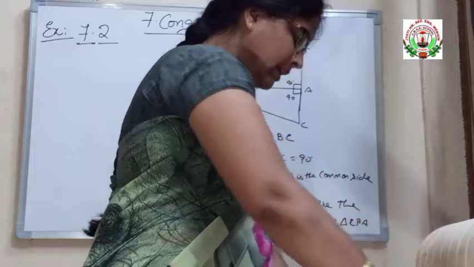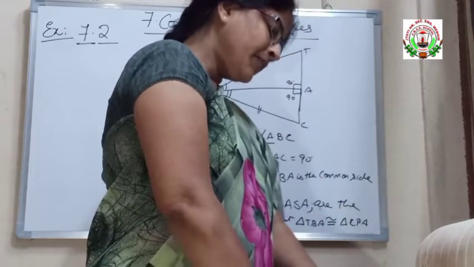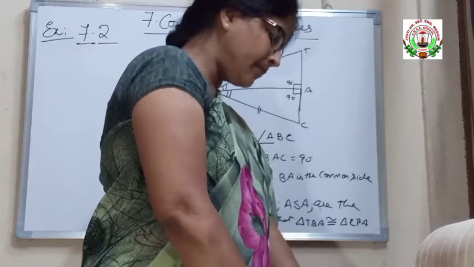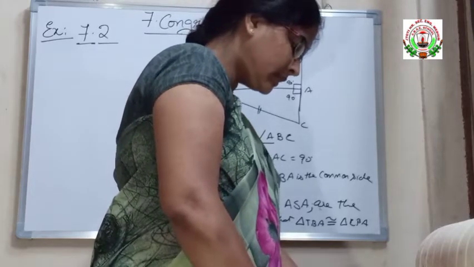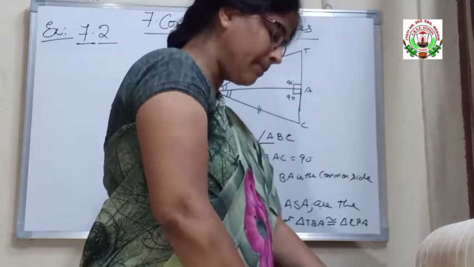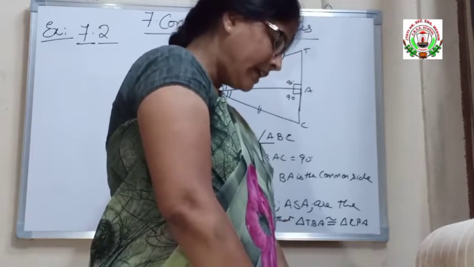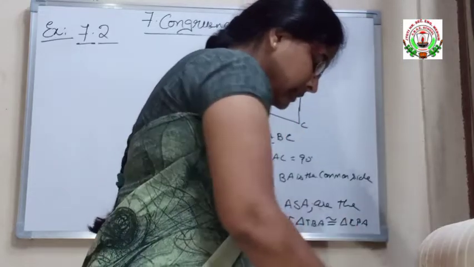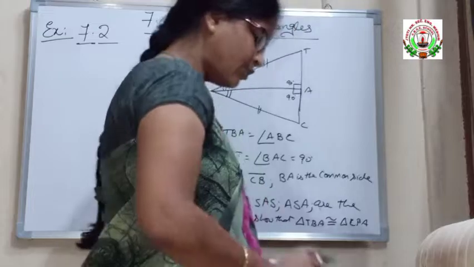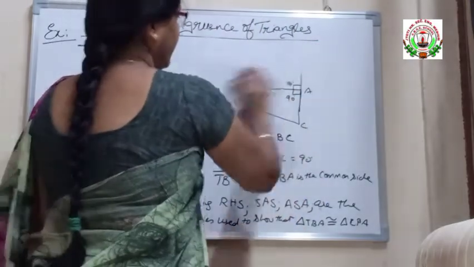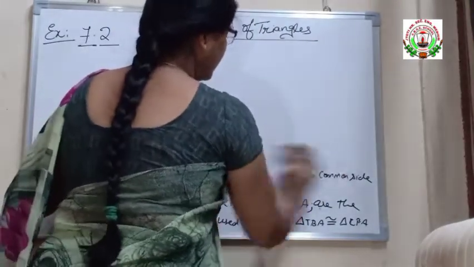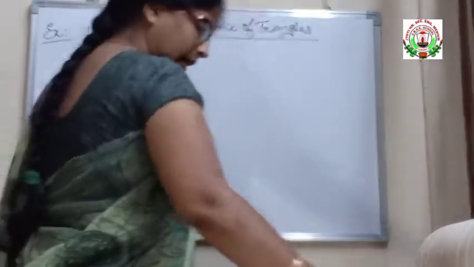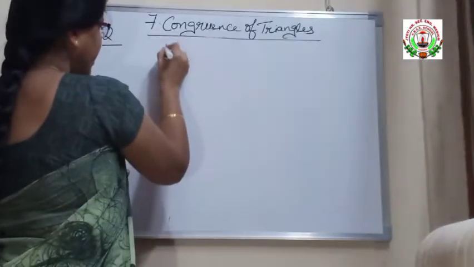Next, the seventh one, in a square sheet draw two triangles. This is just like that only. So we are going to go for our next, seventh and eighth also the same. We are leaving it. Let us do the eighth one. Eighth one here, again they have given two triangles.